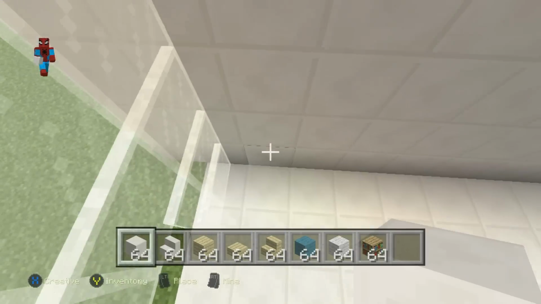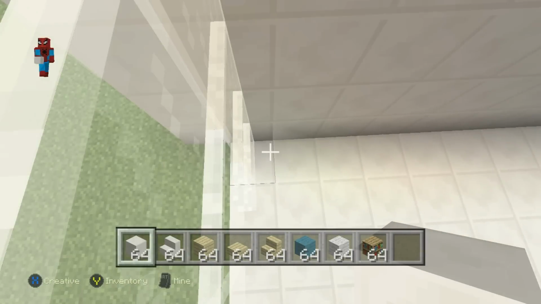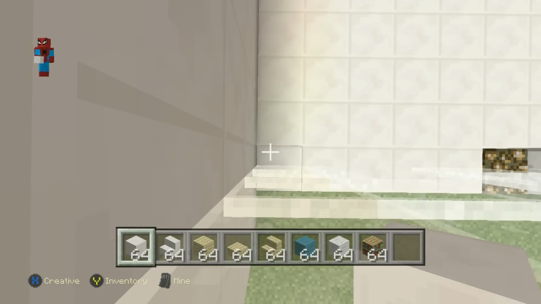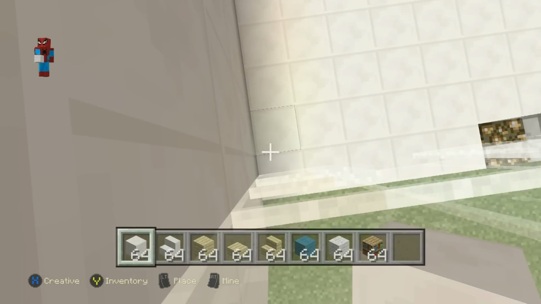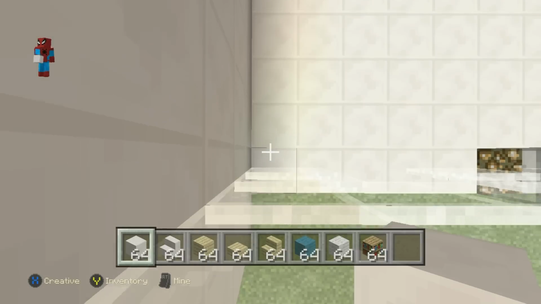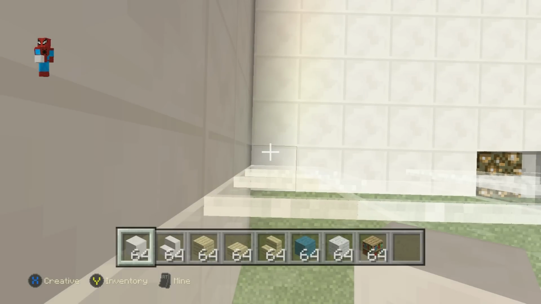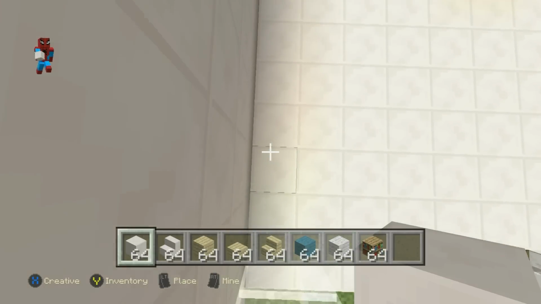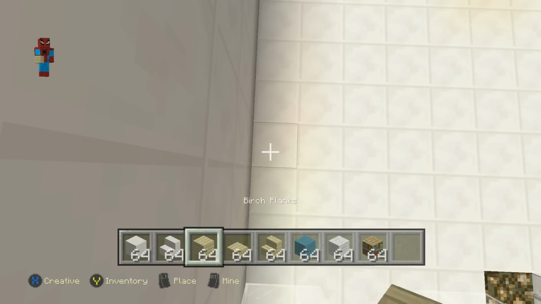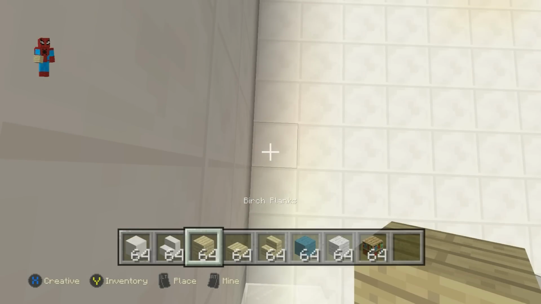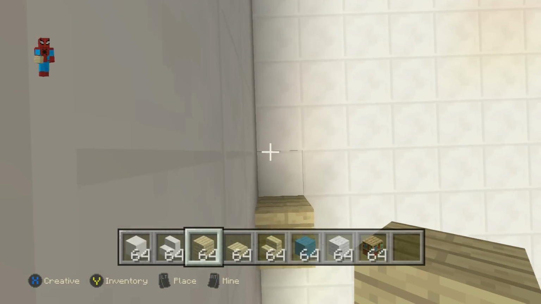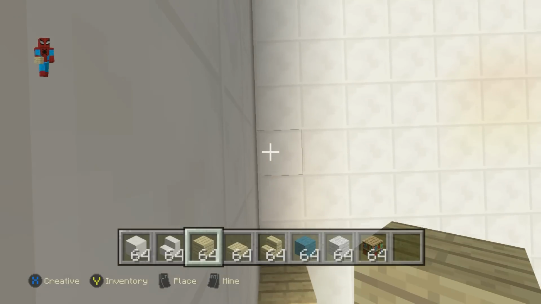Once you have each one of those materials right there, make your way into the Apple Store. So, you're going to want to come right here. Where we have the front left-hand corner of the entrance, just behind this very first glass that we have here on the ground, we want to count in and find the third quartz. So, this will be the first quartz, second, third here. On top of this block, we want to place a birchwood plank. Then, leaving a gap of 3, we want to move up and place another plank. So that'll be 1, 2, 3, plank.